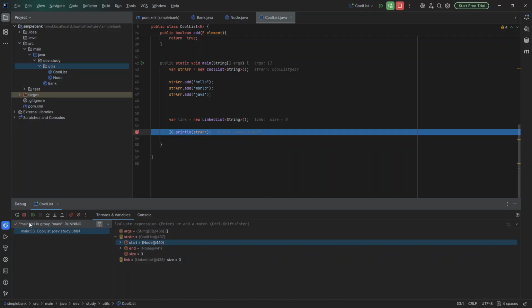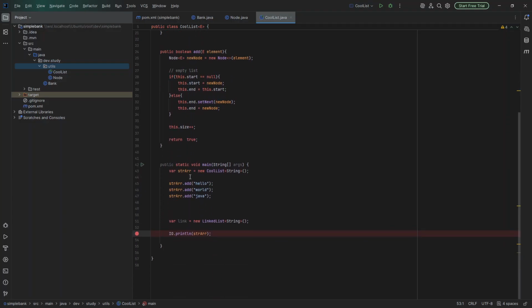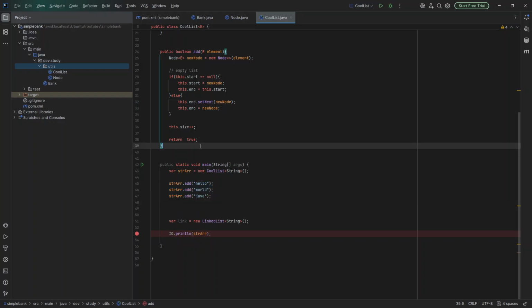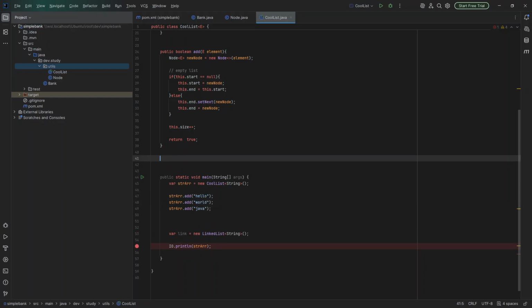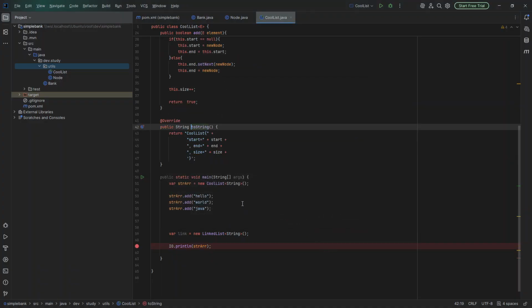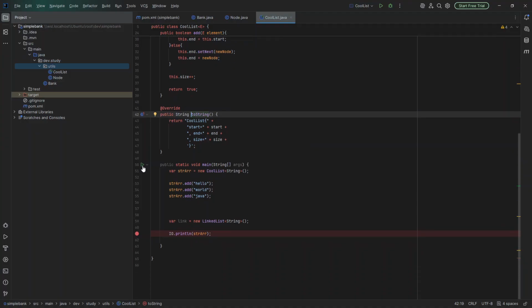Let's finish the video then by creating the print method, because this here is not working properly. Let's generate toString here. Let's use the IntelliJ stuff. toString. Okay, I think that's okay. Well, let's see if it works this way. I don't think it's gonna work, but